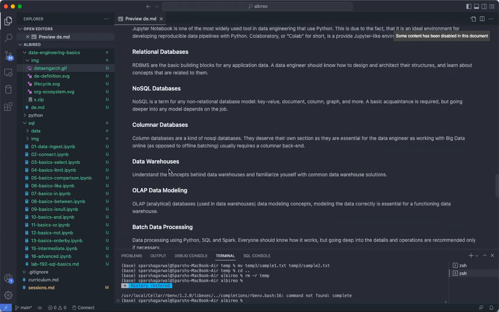So data warehouse is also one essential tool, which again is a tabular data format, but it's a totally different stream, like databases versus warehouses. We should know the difference. And one major difference is how we store the data. So in databases, those are called OLTP, and warehouses are OLAP. And OLAP means the storage is in the columnar format. So columnar means like